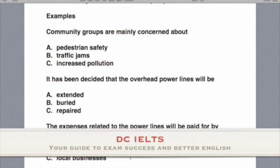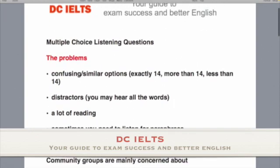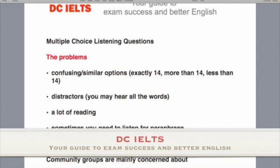This type of question is not a listening question, it's a reading and listening question. And to do this type of question well, you need to think about your reading skills as well. It's almost a test of memory. You've got much more to read here than in other types of questions. And coming back up to my problems,